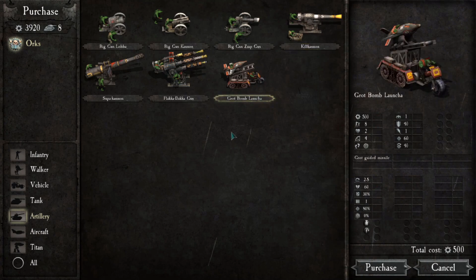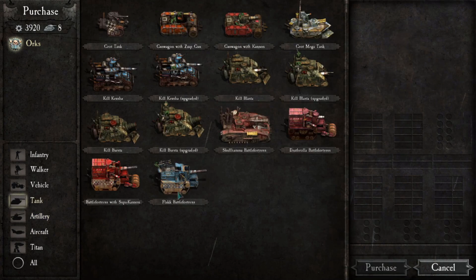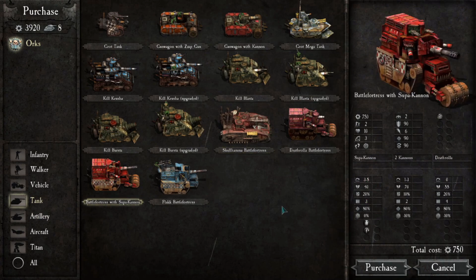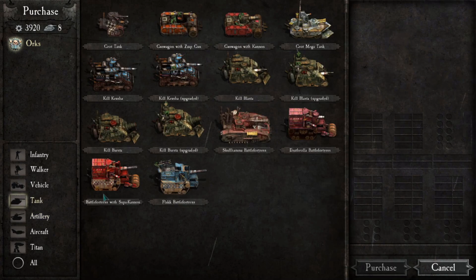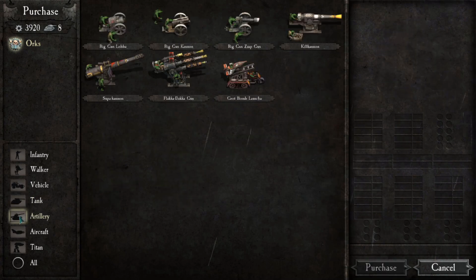This was one of my main units when I was playing as the orcs on the main campaign. This is your other artillery unit, but unfortunately the death roll is one of the main things that it uses to get the attacks. Now it does have a range 90, or armor 90, so perhaps that's a better way of doing it, but it has 3-2, whereas the Grot has 1 attack, but it has lots of different models. So it tends to be good at dealing damage against units that are